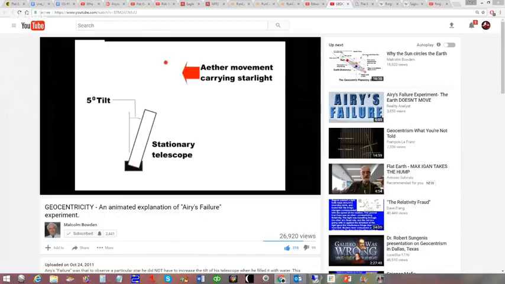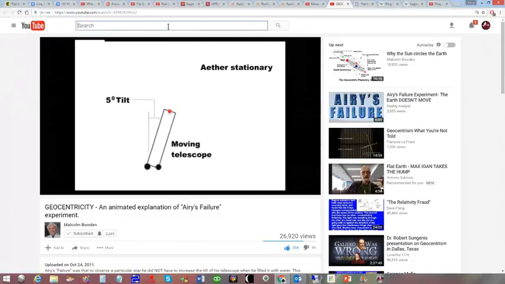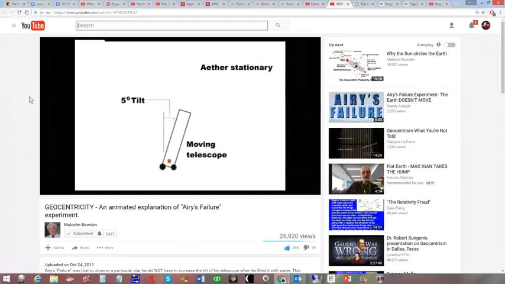People have heard of it, but the reason I'm going back in history is because I want to bring this forward to a piece of modern technology that we use today, and something that I believe is going to help us prove without a doubt, once again, that the Earth is not spinning, but that there is no curvature to the Earth either. So I'll start off by saying that